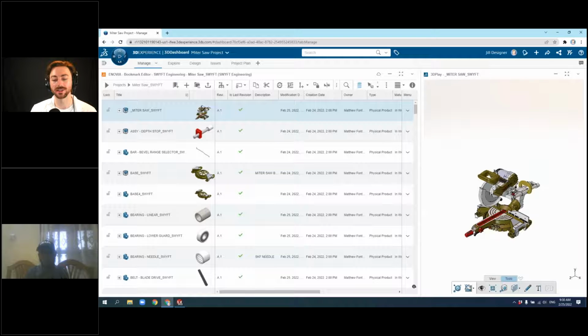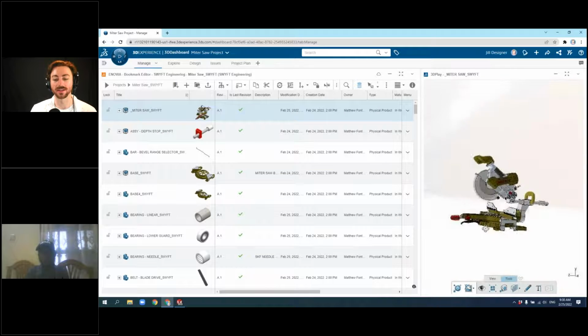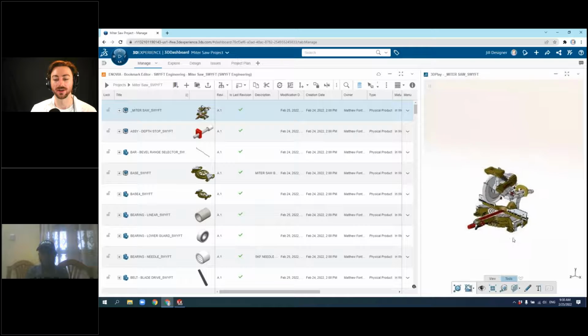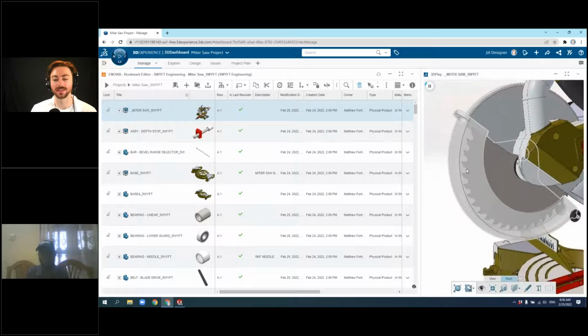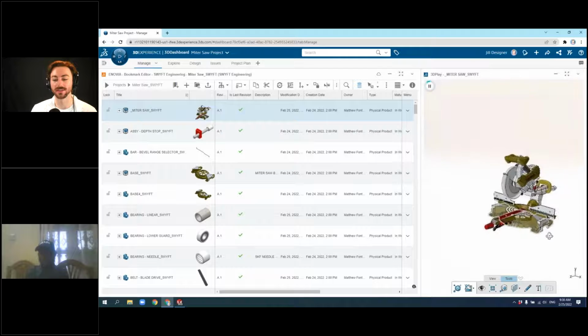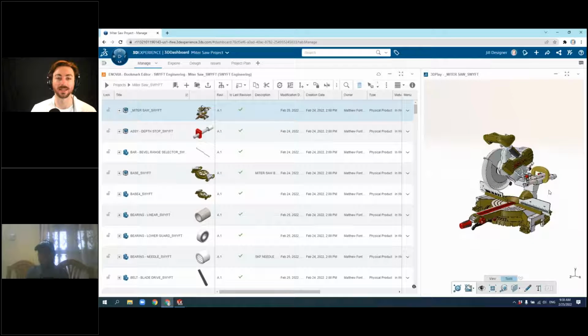Now, another nice thing about the collaboration is you have access to live 3D views right here in your browser. And you'll see that the SAW is even here because I saved that to the cloud storage. So that has access to the latest up-to-date data here as long as nobody's made any changes in the meantime. And the nice thing about that in the collaboration sense is you don't even have to necessarily be a SolidWorks user to be collaborating on a project.